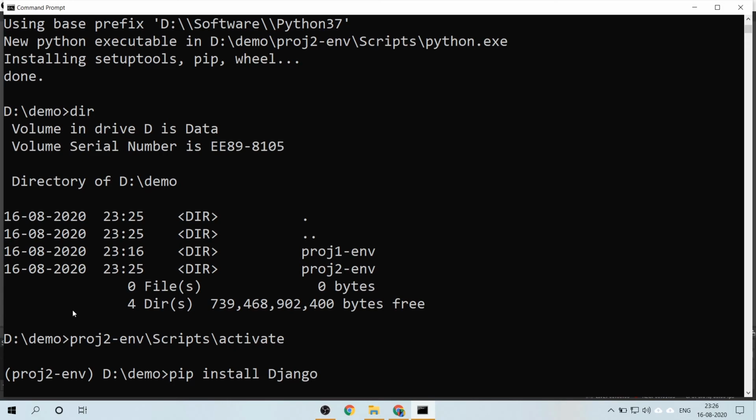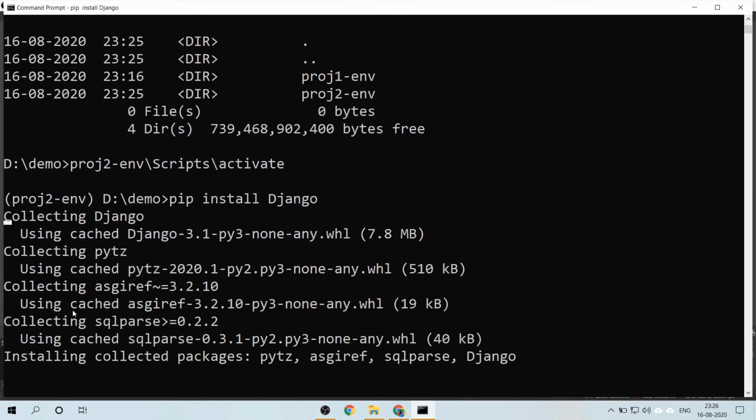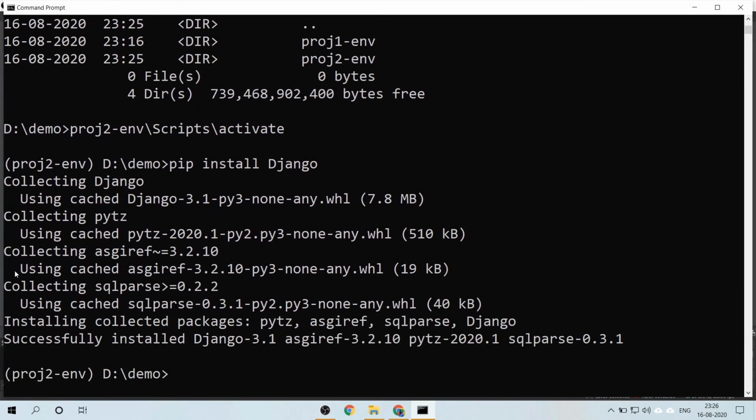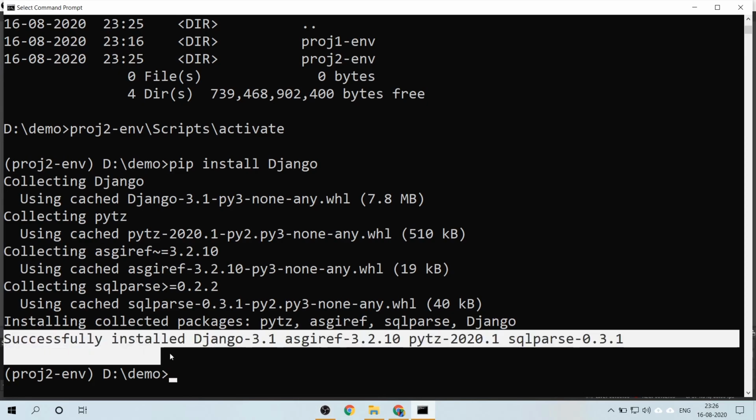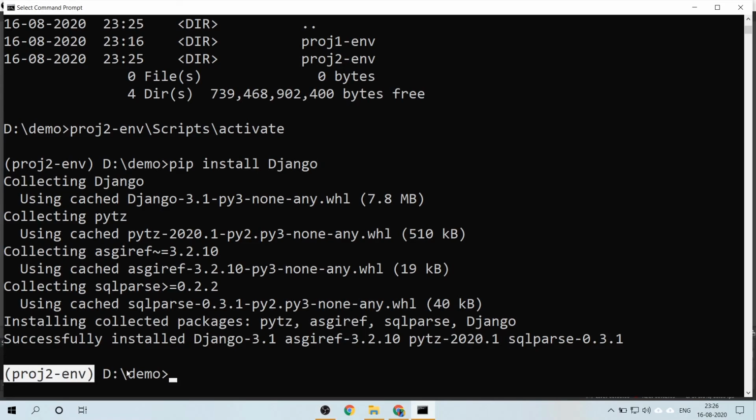I'm not specifying any version, hence the latest version of Django will be installed in this. The latest version, Django 3.1, is installed. You can also see the activated environment is project 2 env. I can deactivate the environment in the same way